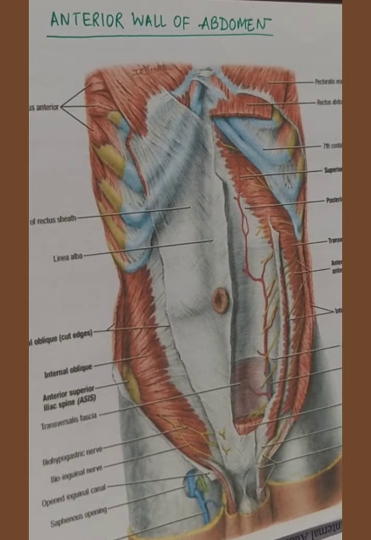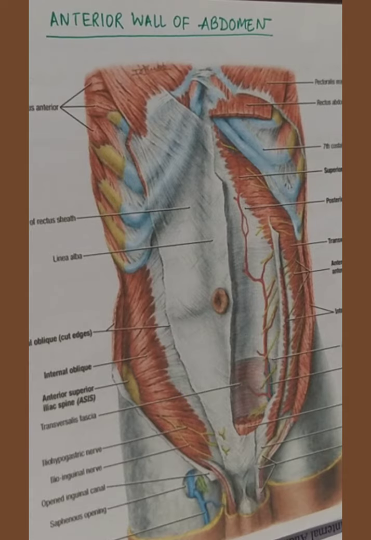And their action on the vertebral column: when these muscles act from both sides, the lumbar vertebrae are flexed. And in case of unilateral action of the muscle, the trunk is bent laterally, causing lateral flexion. And when the external oblique of one side contracts simultaneously with the internal oblique of the other side, there is rotation of the trunk.